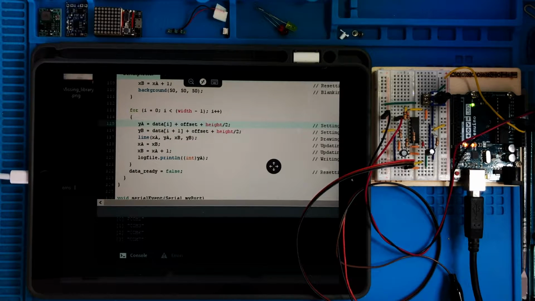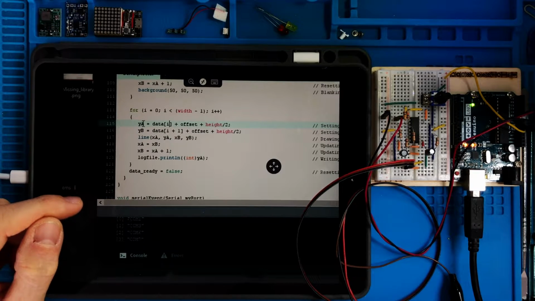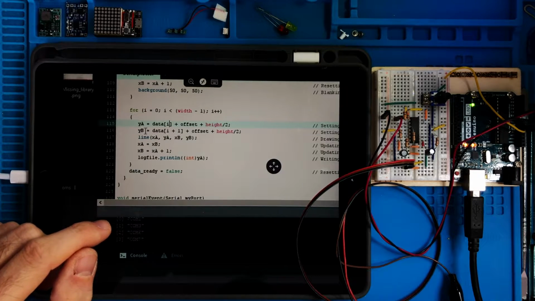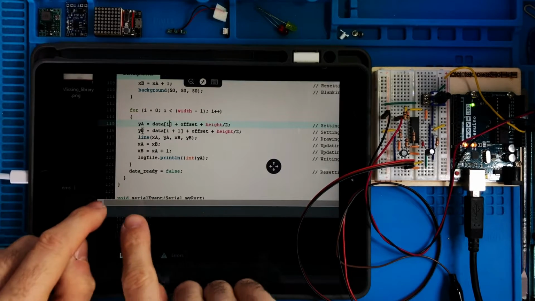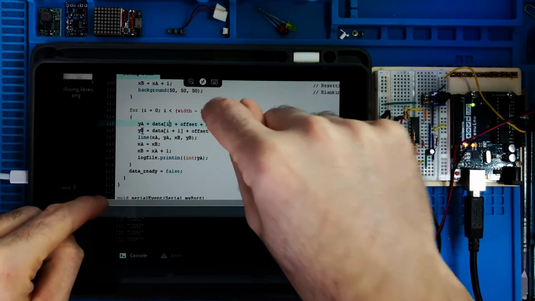So data is an array, and it is assigning the value of that array to the y coordinate of the dot at point A, and the subsequent data is assigned to the y coordinate of the B point. So you have one point here with a certain value, another point here with another value,